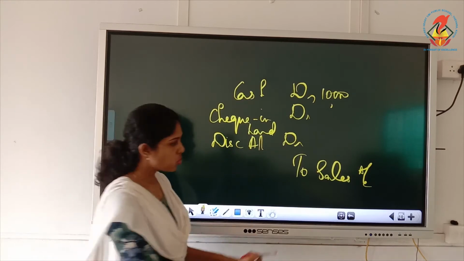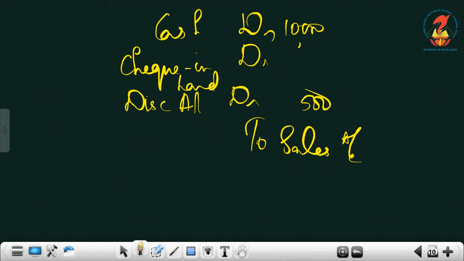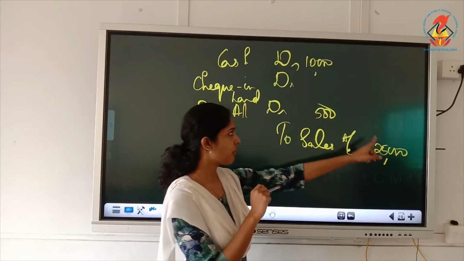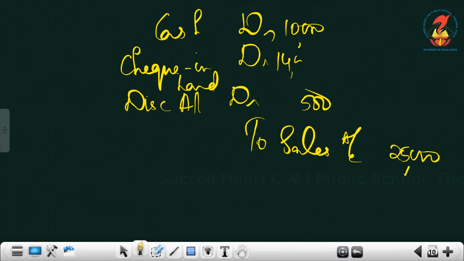Discount allowed amount is 500, given there. Check amount is not directly given. What is the value of goods which you are selling altogether? You are selling for 25,000. So now you can find the balance. 25,000 here on credit side, 10,500 here on debit side. Balance you can write for